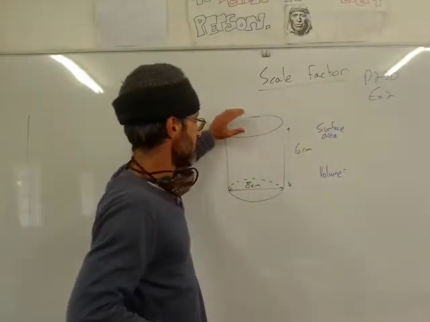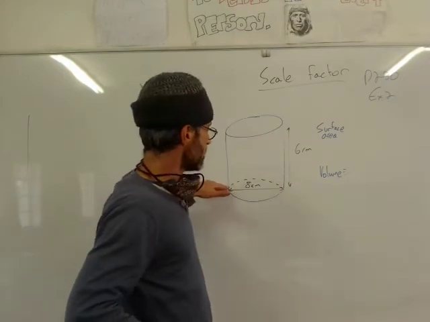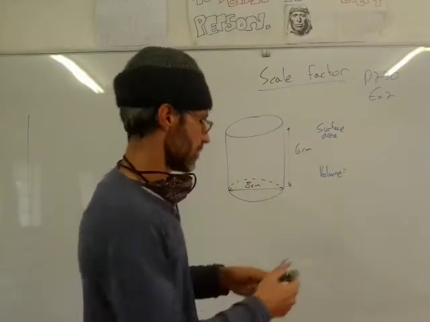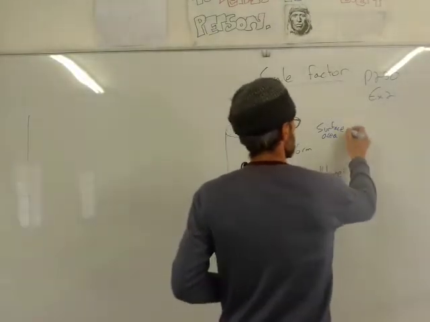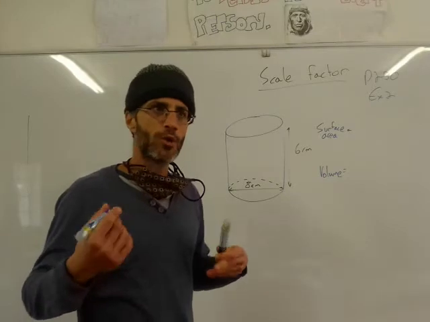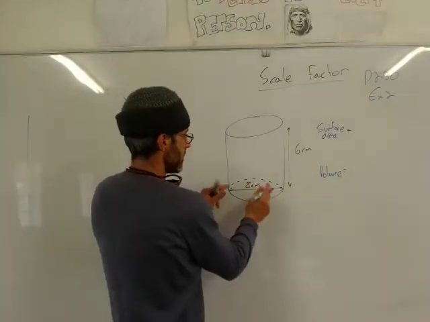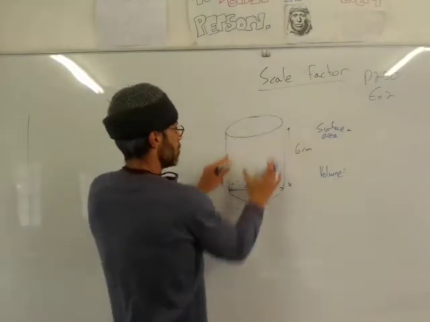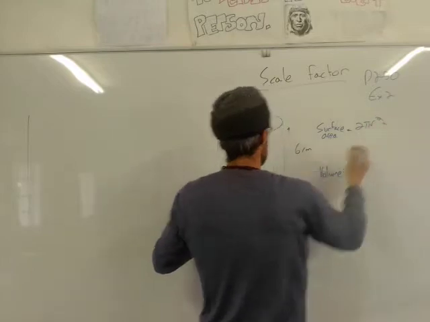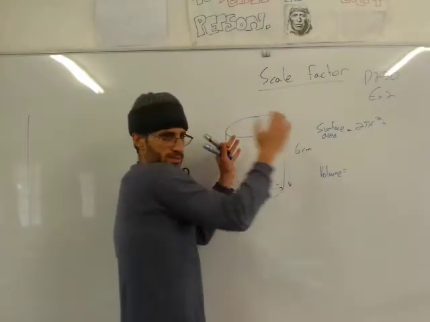So we've got a cylinder. The height is 6 centimeters. The diameter is 8 centimeters. And to begin with, let's just calculate the surface area. These are equations that you really need to know. Okay? So the surface area is made out of two circles, top and bottom. So it will be 2 pi r squared